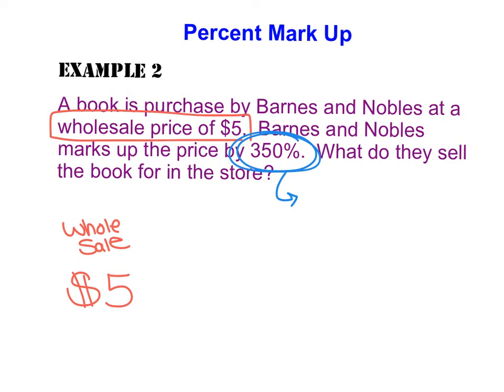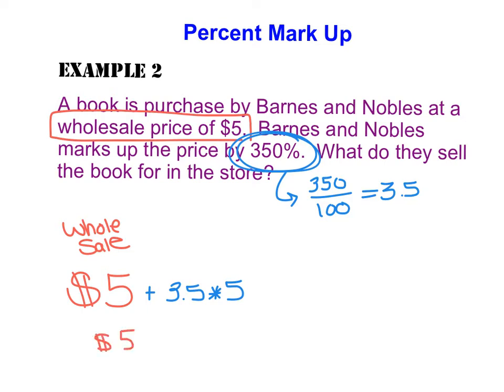So we start by turning our percent into a decimal. We take 350, we divide it by 100, which gives us a decimal of 3.5. And then we take 3.5 and we multiply it by our wholesale price of $5. So remember, we have the amount that Barnes & Noble paid, which is $5. Then we have the amount that they're going to mark it up by, which is 3.5 times 5, which is